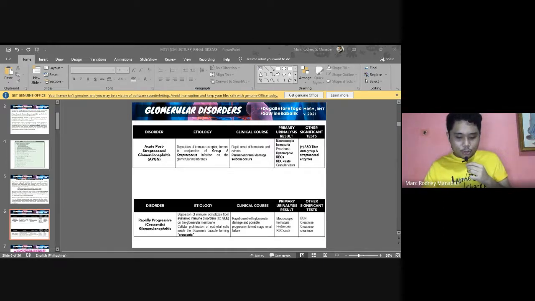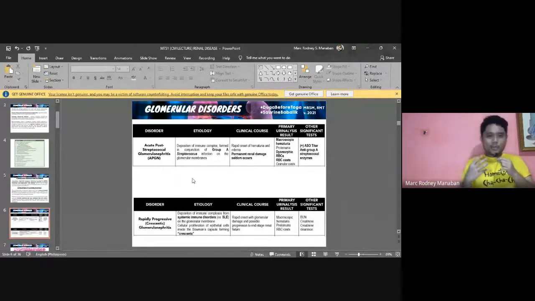Because again, this is due to the deposition of immune complexes, usually from systemic immune disorders, such as your SLE. So, pwedeng daghan kay immune complexes na ma-produce or ma-deposit, okay? So, very intense ang complement activation. Kay daghan mga immune complexes, so ma-deplete imuhang complement levels, okay? So, therefore, possible na intense ang pathology na mahitabo sa glomerulus, okay? And again, often mo-progress siya to chronic glomerulonephritis and eventually, pwedeng renal failure, alright?